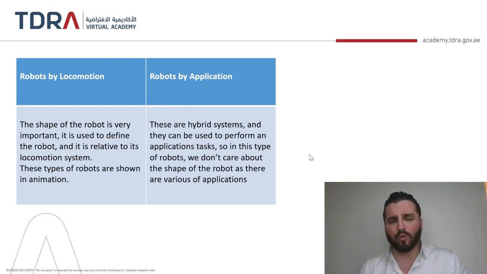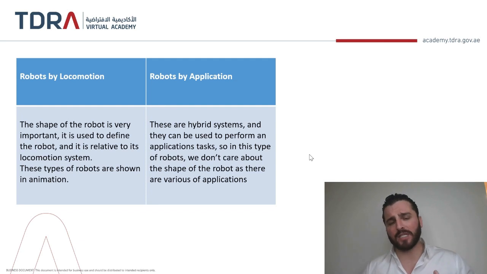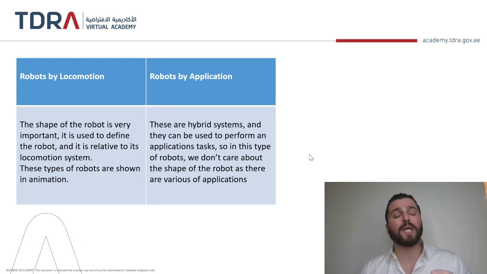The way the robot moves or reacts is another very important feature for locomotion systems. These types of robots always reflect a certain animation or act on certain actions. On the other hand, we have the robot by application, where we're going to talk about RPA, our topic today, robotic process automation. This is a hybrid system